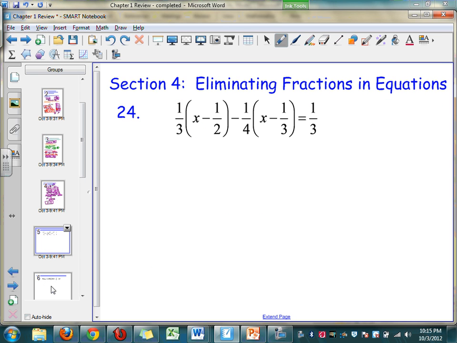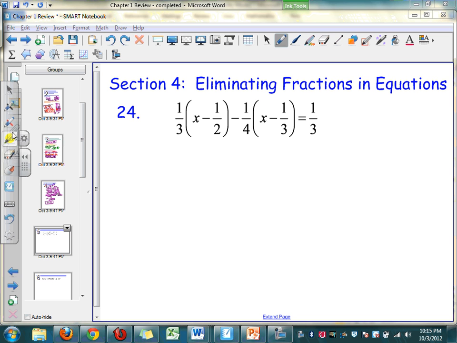The next thing you need to know is section 4, eliminating fractions in equations. Now, what did I talk about whenever you have fractions inside equations? We want to get rid of them by simply multiplying by the LCD. But what we have going on here is a problem, because we have a fraction inside each one of the parentheses. So what we're going to do is get rid of that fraction